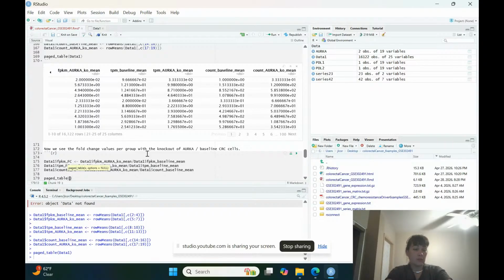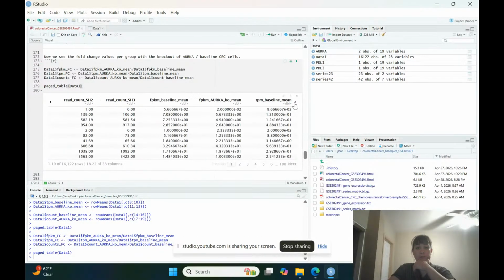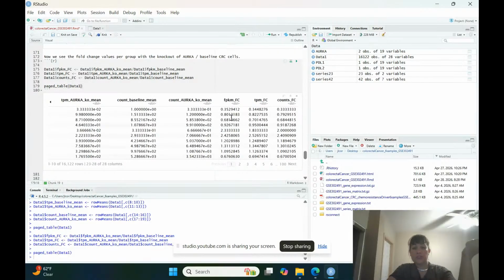Page table data 1. All right, so what we have here, if we scroll to the end, we have our fold change counts. Now we're going to get